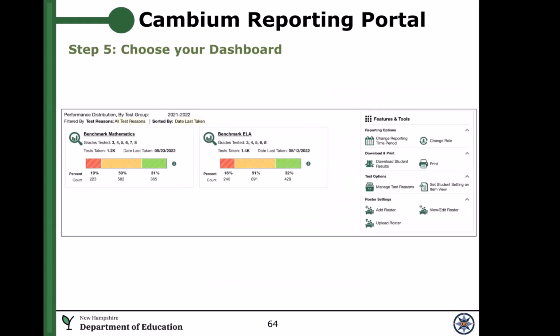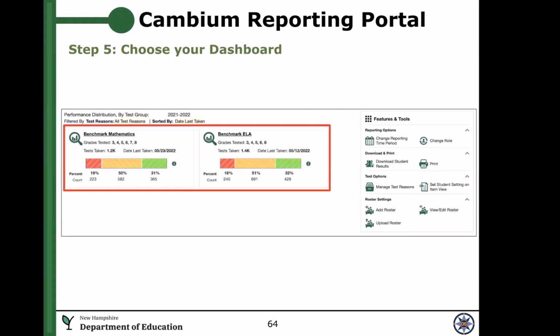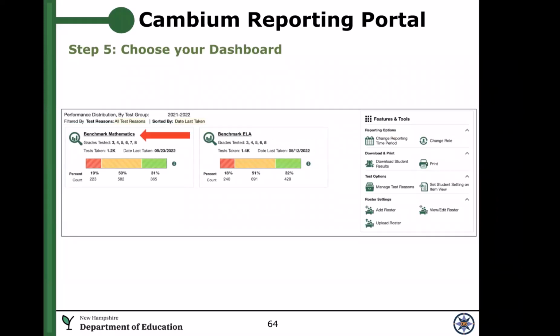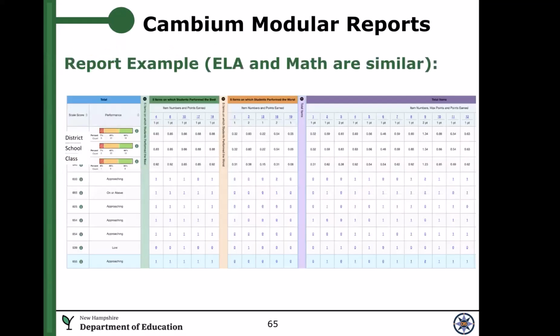This is where you're able to drill into your particular grade level and which modular you would like to see. What ends up happening is you click on whichever area you want to be able to view. It will then bring up a screen that gives you all of the modulars that your students have taken, and you can open up that particular modular and something like this will come up. So this would be any of your